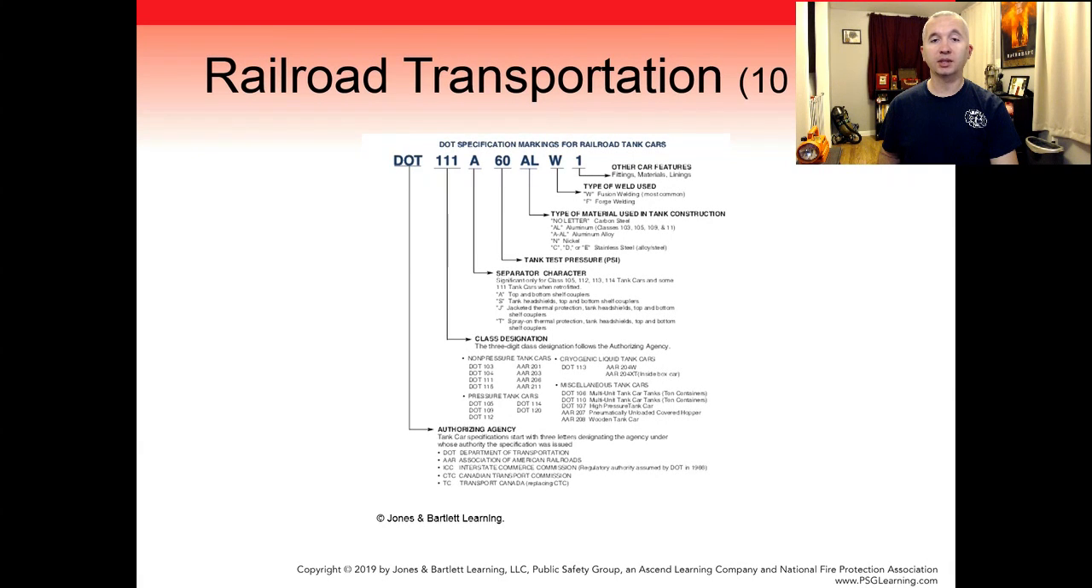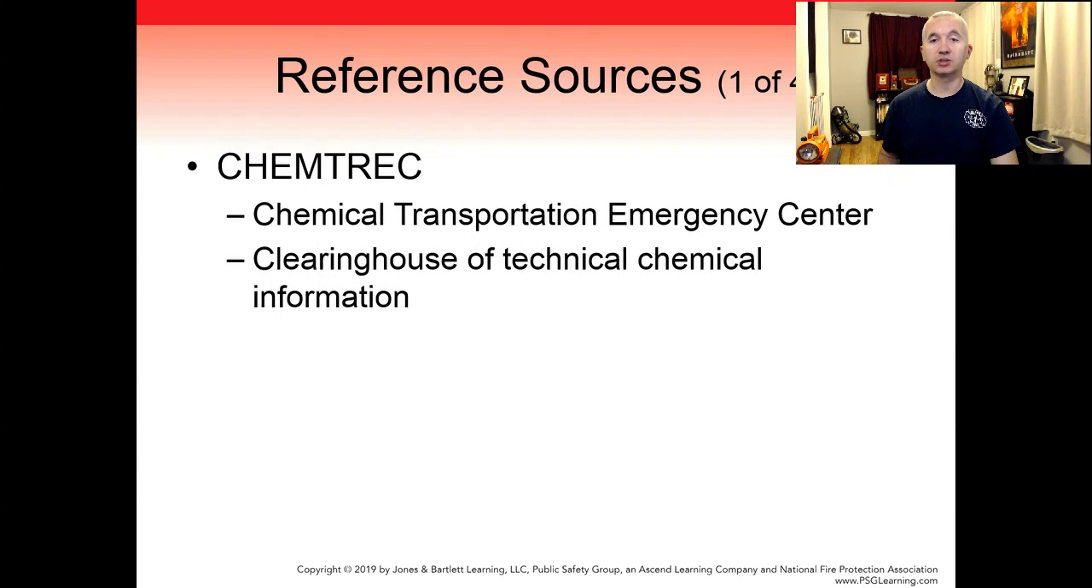And derailments can have significant effects on communities adjacent to incidents and may pose a significant risk to life, property, and the environment. Having access to the information found stenciled on rail cars may be valuable to the responders. With reference sources such as CHEMTREC, the Chemical Transportation Emergency Center, it is a clearinghouse for technical chemical